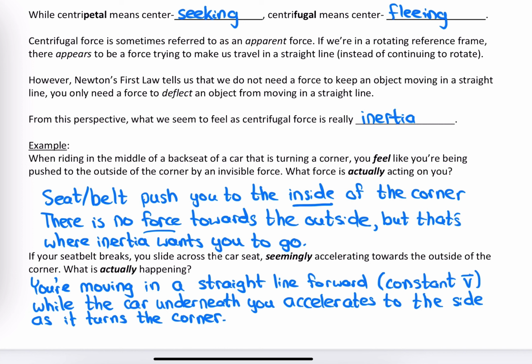So centrifugal force is something that appears to be there to an observer who is moving in a circle. But to someone in an inertial reference frame, someone standing outside the car or the object moving in a circle, it's clear that there is no such thing as a centrifugal force. There's nothing pushing objects towards the outside of the circle, only the centripetal force pushing things towards the inside. Things may want to go towards the outside, but that's because of their inertia, not because of any